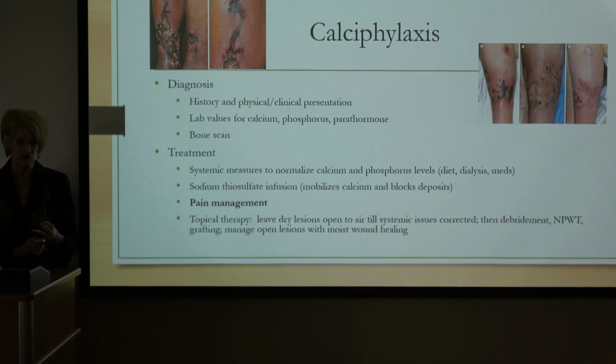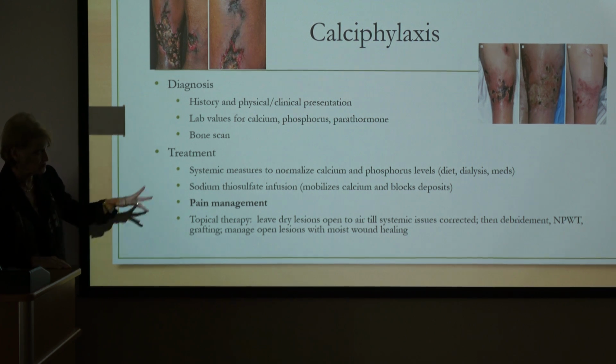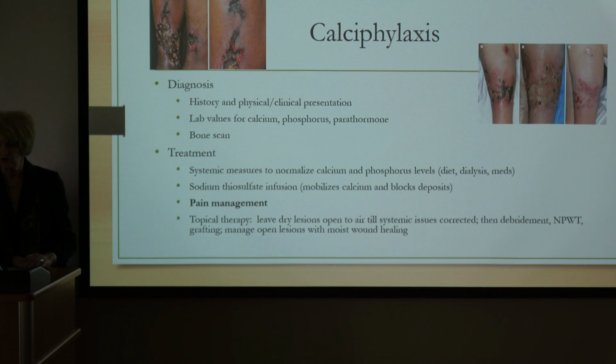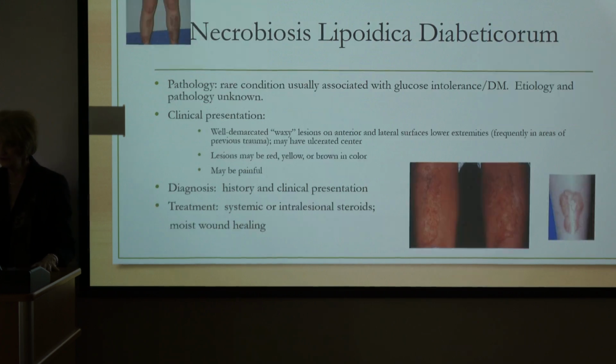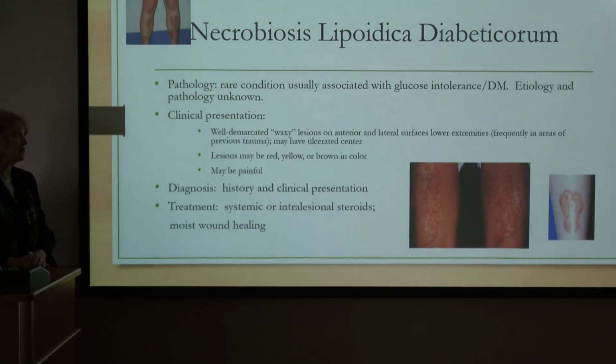Most of the time it does require surgical debridement because most of the time they have extensive wounds. So surgical debridement under anesthesia, negative pressure wound therapy, and then grafting. That's what it usually takes to heal these wounds, and that's what you see in the slides to the right. And then the last one we're going to mention, necrobiosis lipoidica diabeticorum, and most people just call that NLD